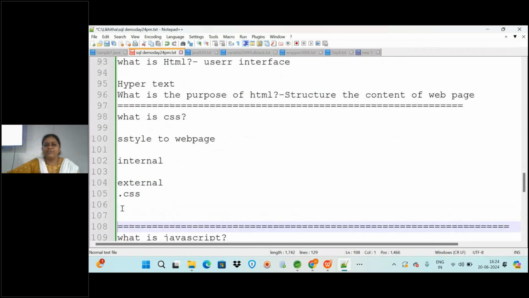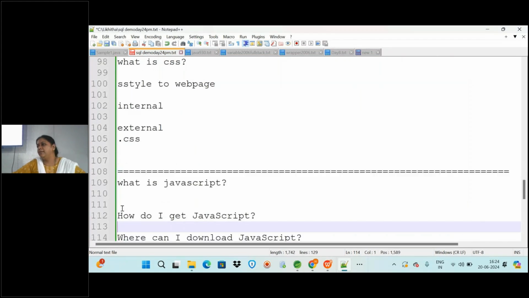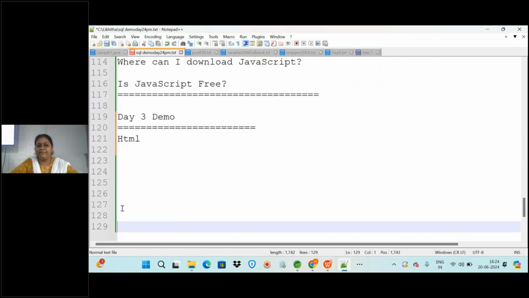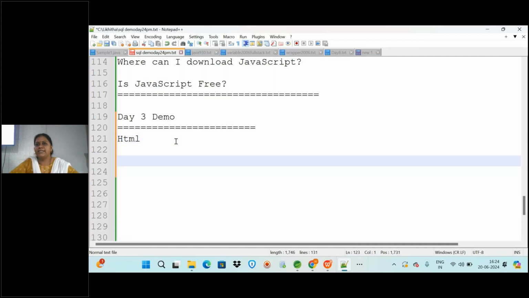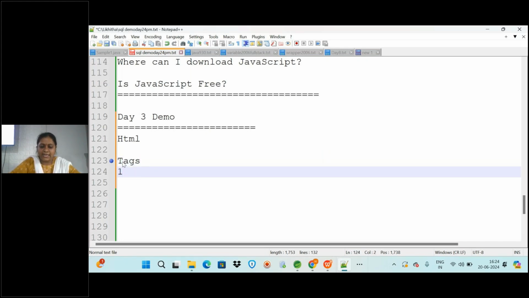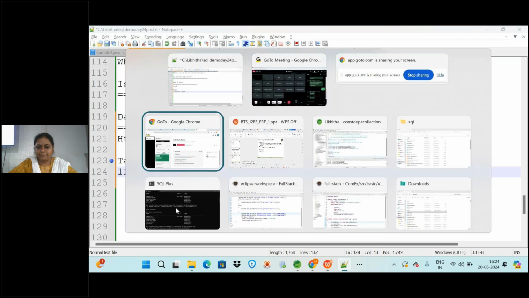And in the last session, we saw HTML, hypertext markup language, with which we developed some web pages. As we discussed, we wrote the HTML program in Notepad, and we have to save it with .html, so it will open with any kind of browser that we have in the system. Now, what types of tags do we have? First we have something called layout tags, which we are going to discuss. What are the layout tags we have?